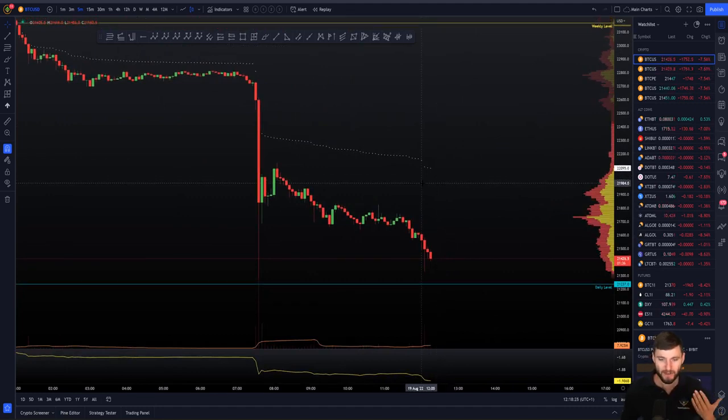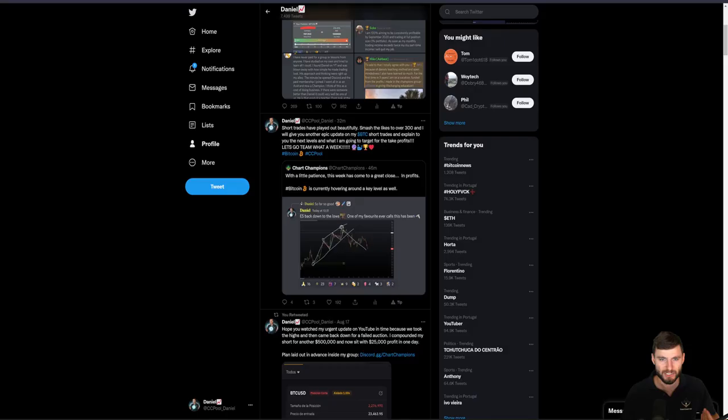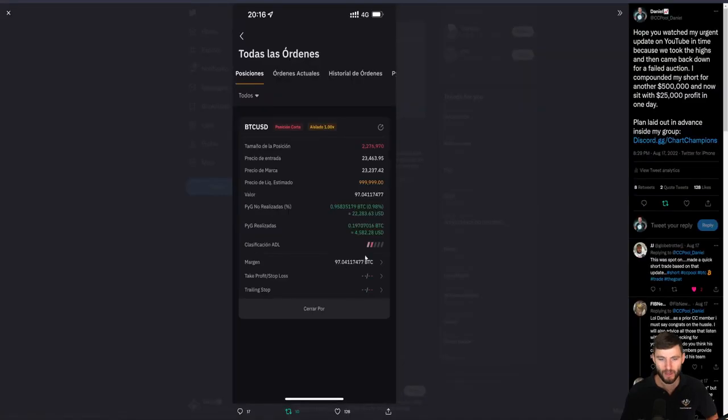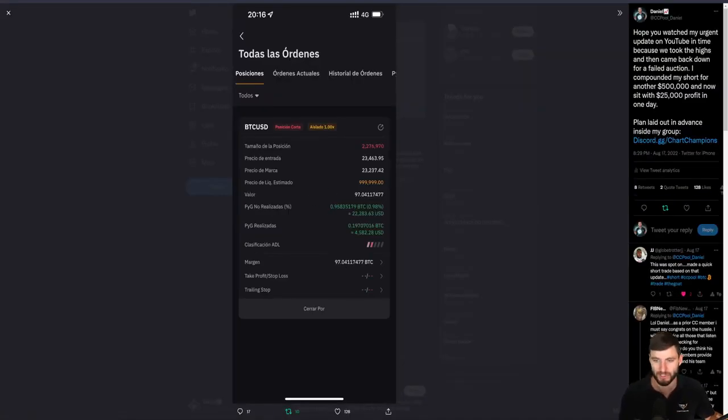Okay, so it's really simple. I've done my technical analysis, I've got the levels marked out, then I set my alerts, I wait for the reaction. If the reaction is nice, I'll take the trade, just like I did here. I had my alert set for the high, I waited for the reaction. I saw a failed auction, I added on to my short position. If I did not get the reaction that I wanted, I would have closed the short. But I had a lot of confidence, I must admit, in the failed auction.